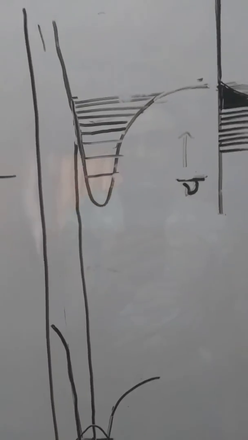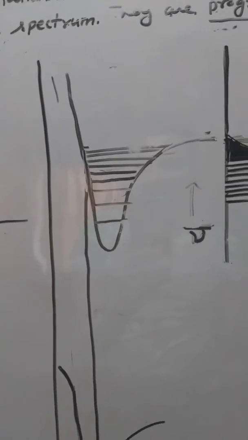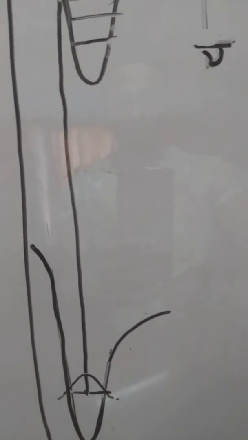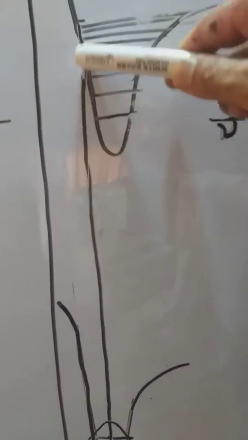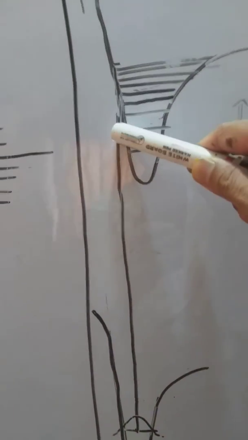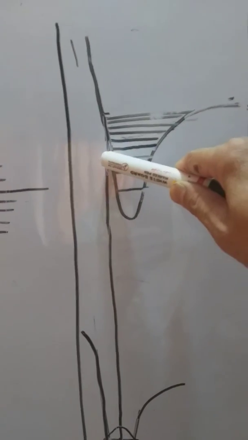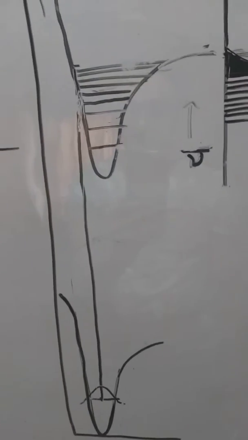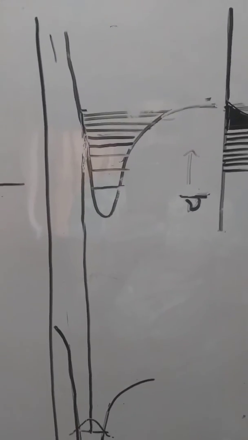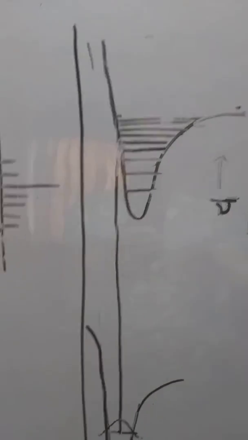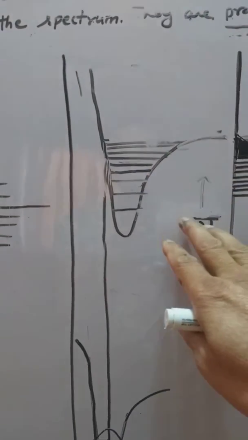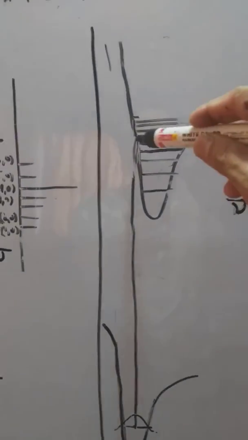In the third case, we see the excited state has a considerably higher R_eq value than the ground state. And in this case, we can see the Franck-Condon principle is still obeyed, but now this transition will lead to the molecule being in a very high vibrational level of the excited electronic state, and we can see the molecule is in a V equal to 10, 14, 15 excited state, and where it will find itself in